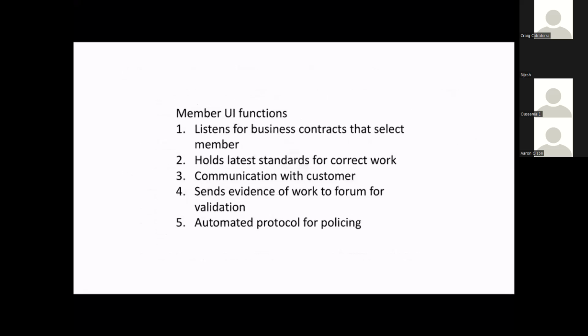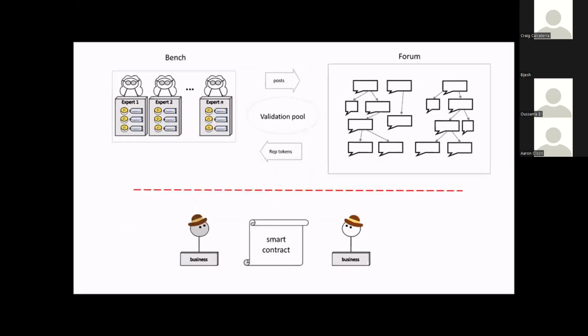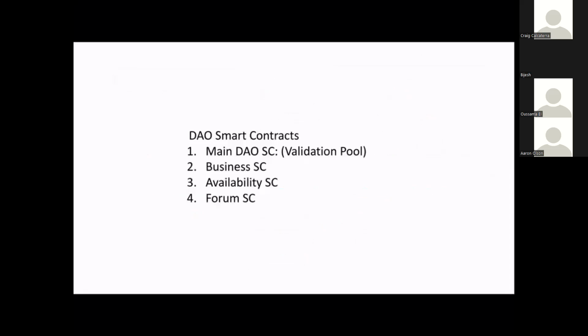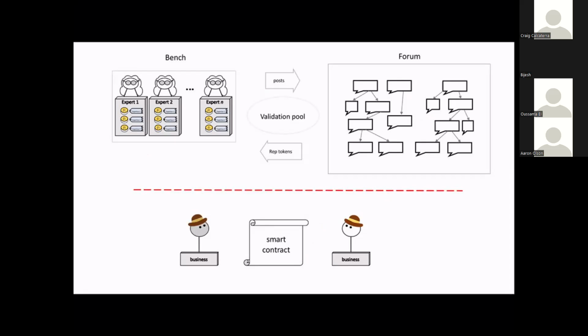The evolutionary platform is in some sense thought of as a dynamical system, in that improvements in the forum encourage the public to use the forum more often, to engage the bench and pay them fees, and the fees encourage the bench to do a better job, to create more posts in the forum that are good history, as well as better smart contracts that the public can use. And so this cyclical property makes for a positive feedback loop that keeps encouraging everything to get better. If it works, it's going to continue to improve how it works.